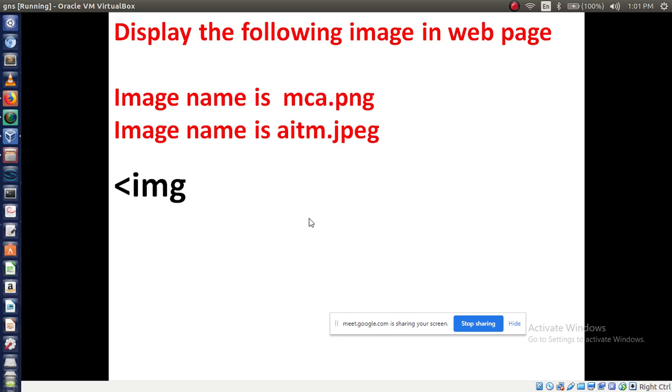Next, all of you write down, next I have to use which attribute? Source attribute. Then to mention the image name you have to write it within double quotes. So I am using double quotes. First image name is mca.png. Is that clear?